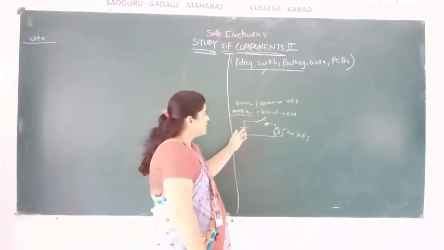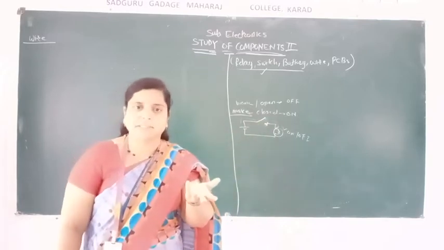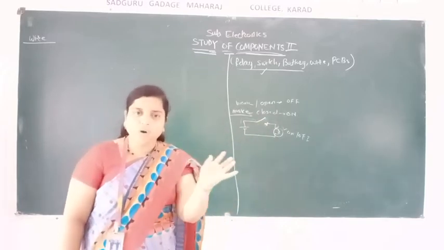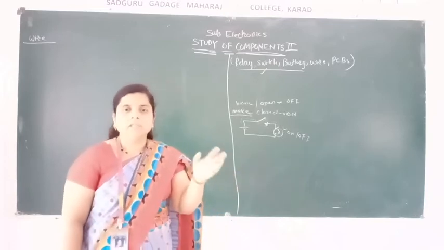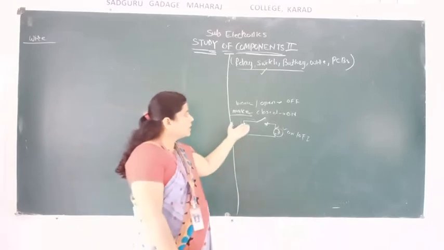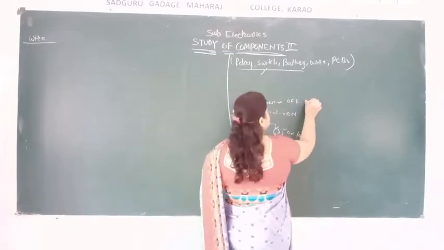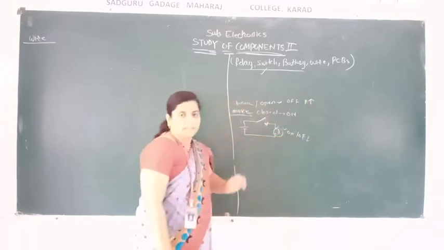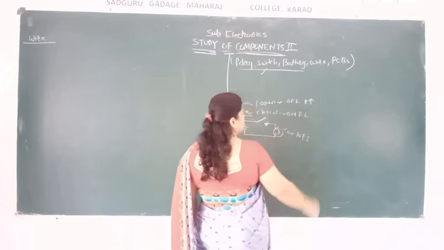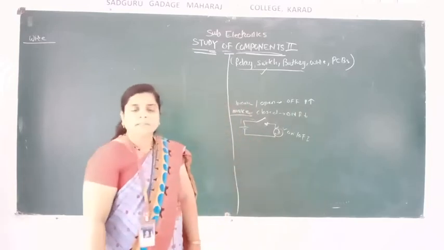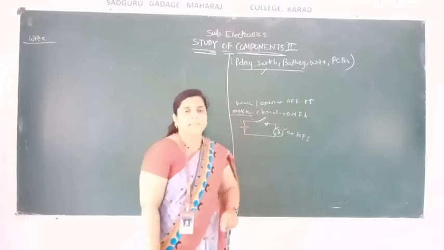See, if it is in the off condition, then there is no question of resistance. What is the function of a resistor? A resistor opposes the flow of current. So it will not oppose, because no current is flowing. Then resistance will be maximum in the off condition. And in the on condition it opposes the flow of current, therefore resistance will be minimum. So you have to remember this concept in the switch.